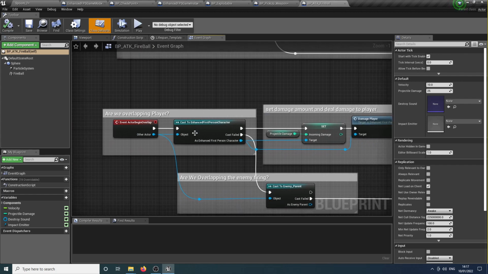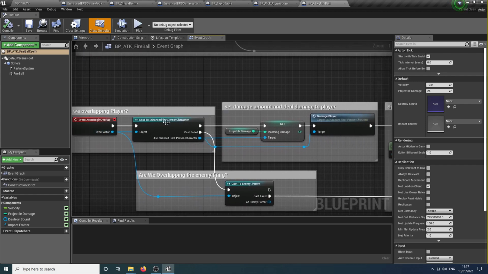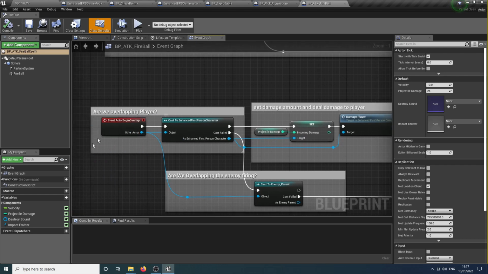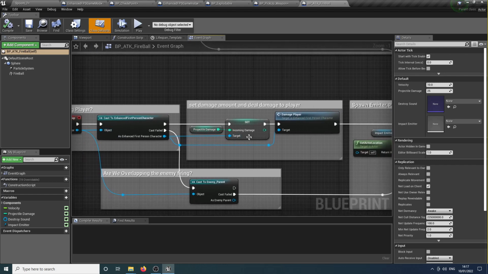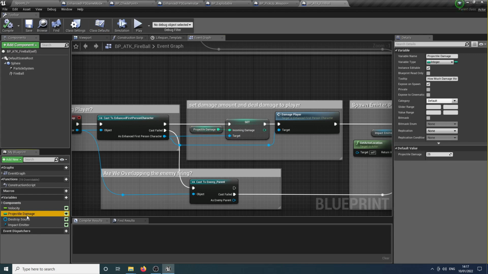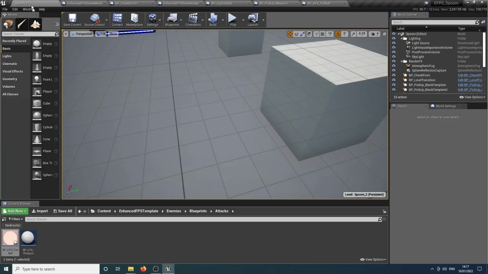So what we're going to do is whenever this connects or overlaps with the player, we're going to cast to make sure it's the first person character that we're overlapping. And then we're going to take the projectile damage, which is an exposed variable in the projectile that you can set when it's spawned, which tells the projectile how much damage it should deal, which can also be set from